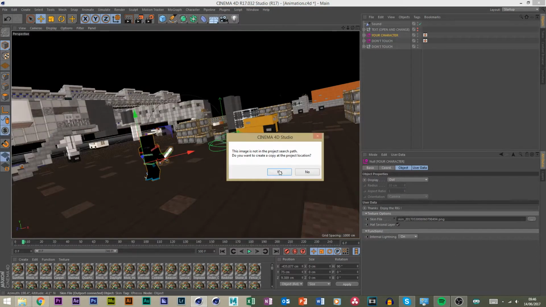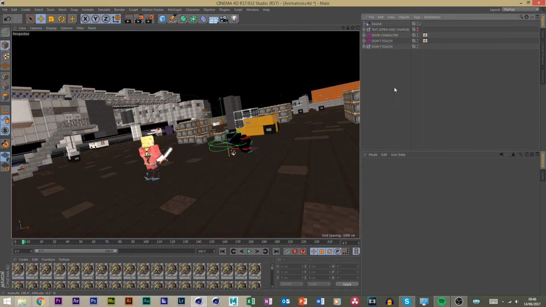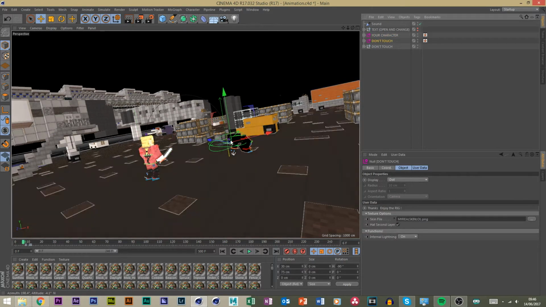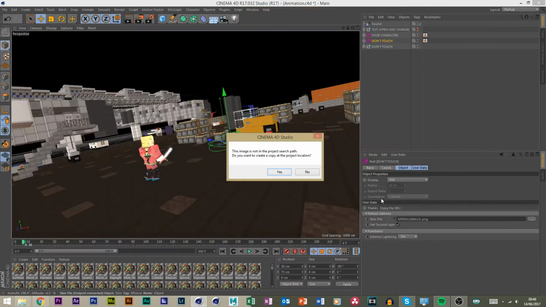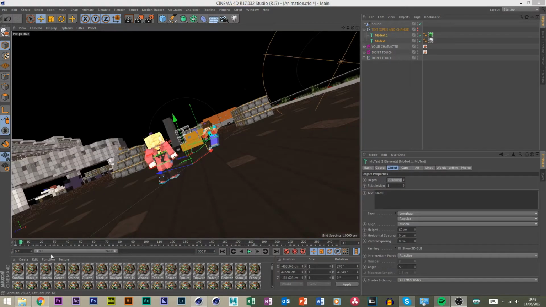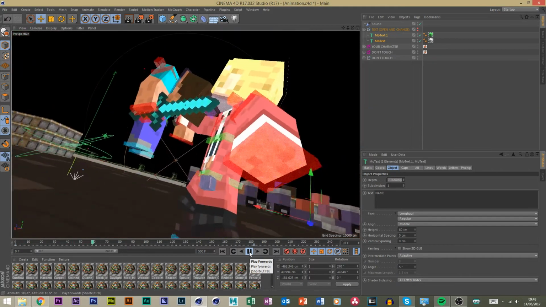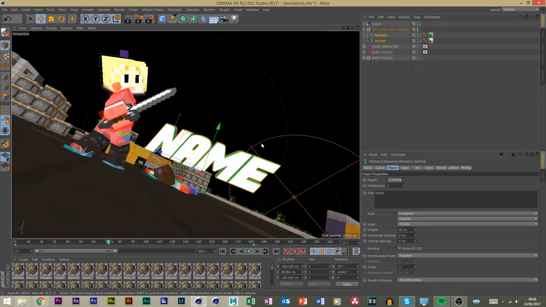So there's one skin, your character, that's sorted, and then this character here, it says don't touch, but you're going to have to change the skin for that. So yeah. Okay, so now that you've got the skins loaded in, you can see we've got everything loaded, but then here you need to actually change the